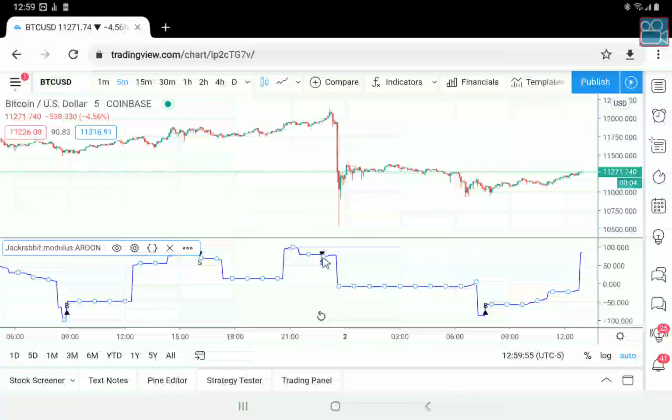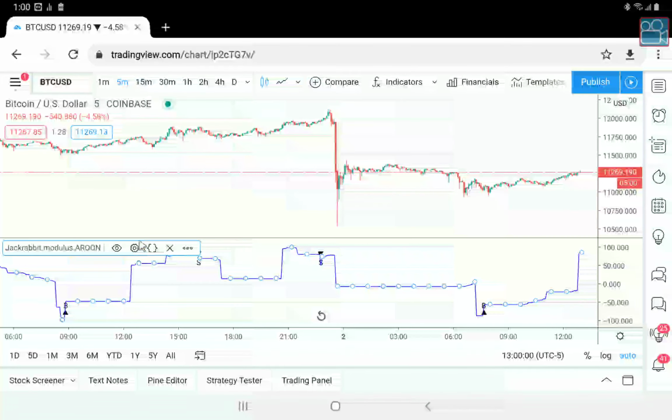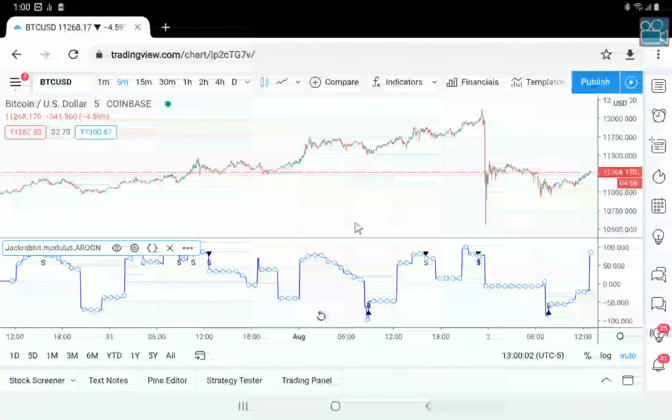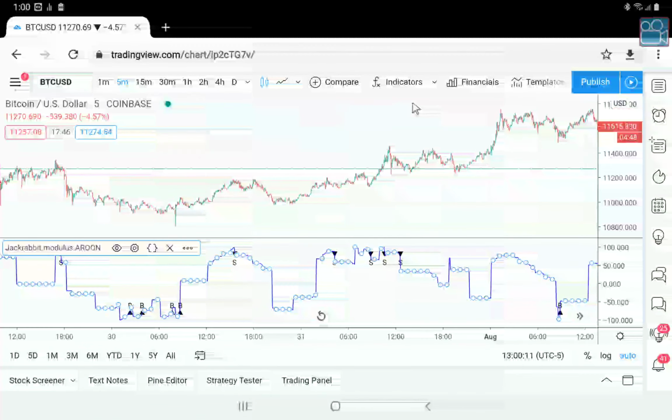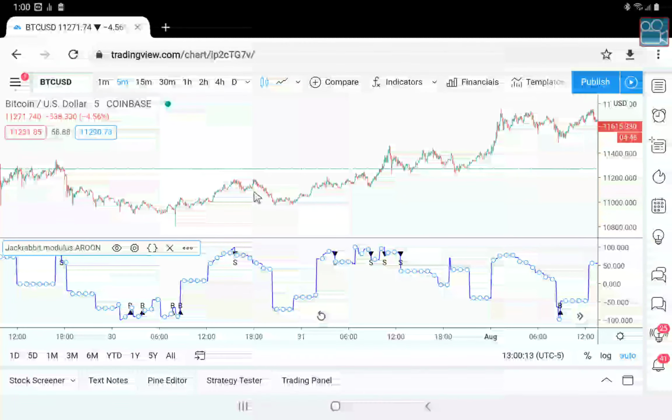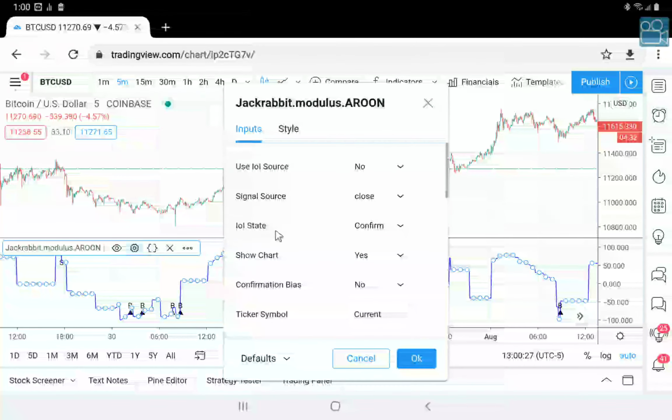As you can see, it does a decent job using a much wider radius. For example, purchase here, sell here. Fairly reasonable profit boundary. So there are a lot of things. Sell up here, purchase down in here. So AROON does a good job, and there are a lot of possibilities that you can really develop with it,